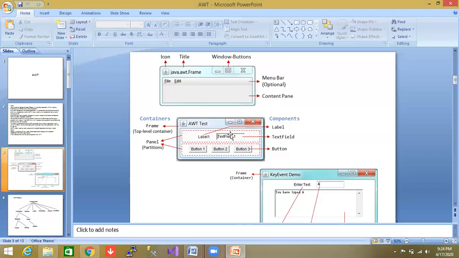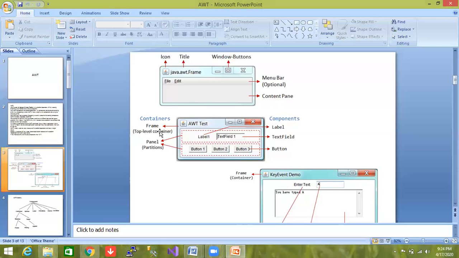Components are nothing but label, text fields, buttons. These all come under components. Containers are nothing but those which contain components. There is a variation in buttons and a number of representations here.